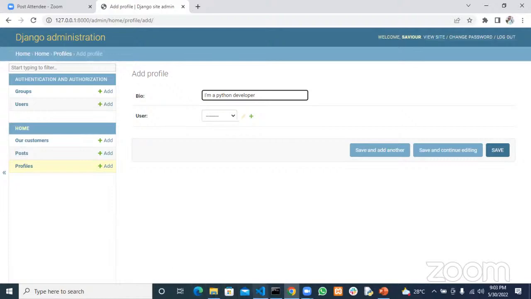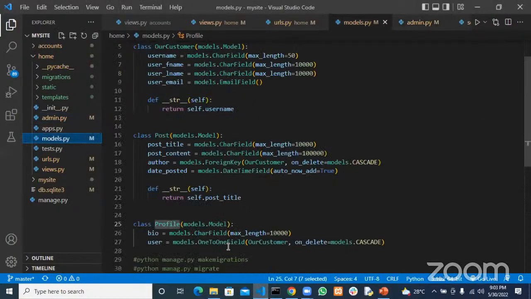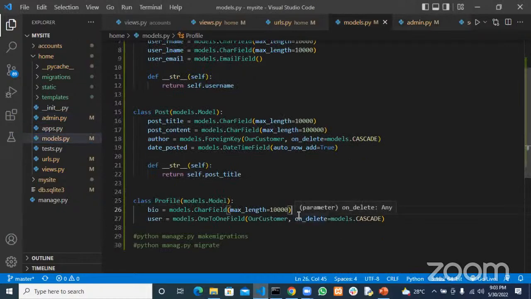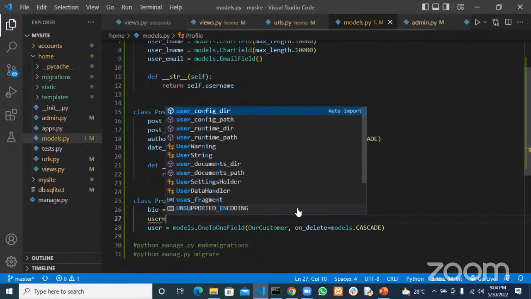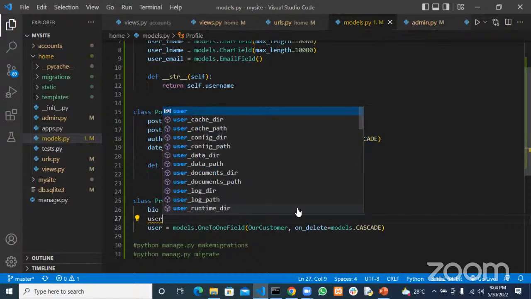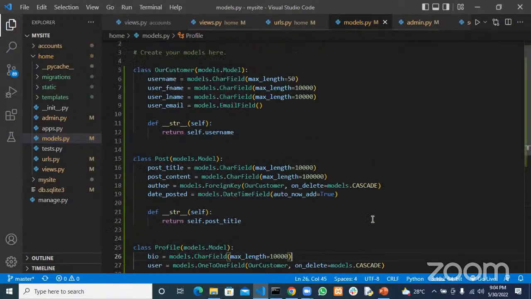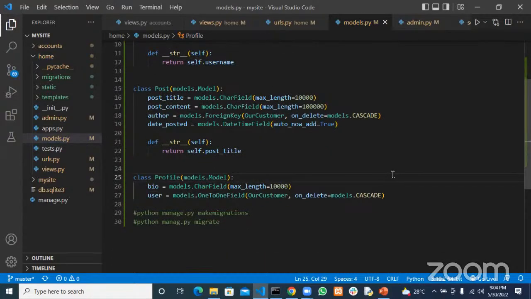So I could just come to our models and add fields where the user has to put his or her name, username, all kinds of things, but there's no point, because there's a table that handles that already. So we can just relate with that table. There's no point of putting all of that here in the profile. We have to relate with that table,